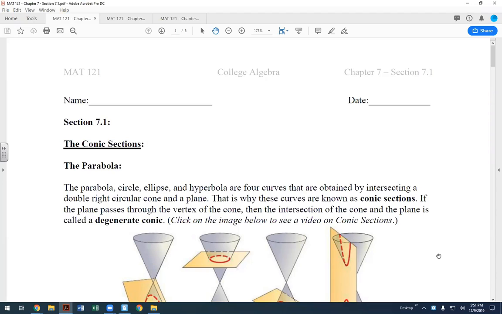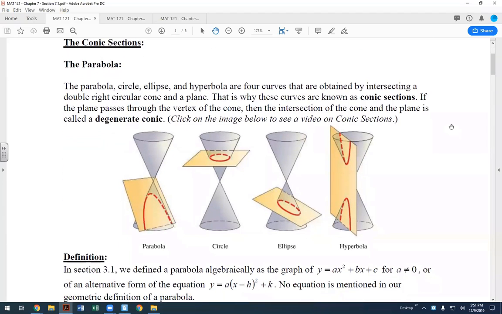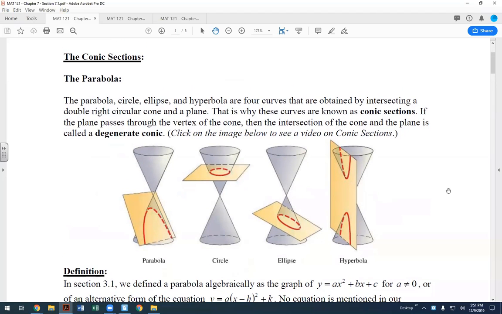Starting out with chapter 7 here. I'm actually not going to show you the video, but if you click on this little image here, you can see a YouTube video which just shows you in animation how these conic sections are formed. But basically the idea is that if you take what we call a